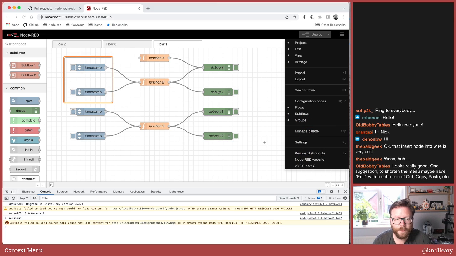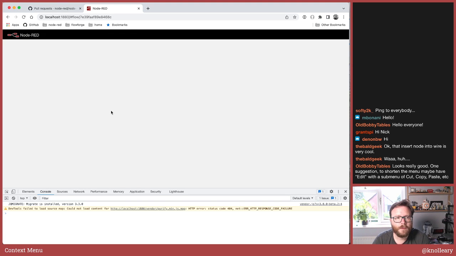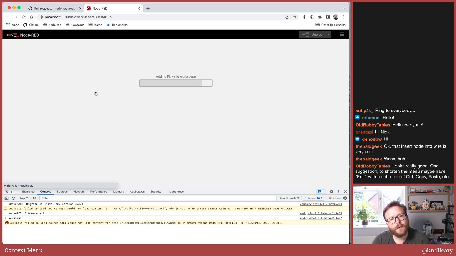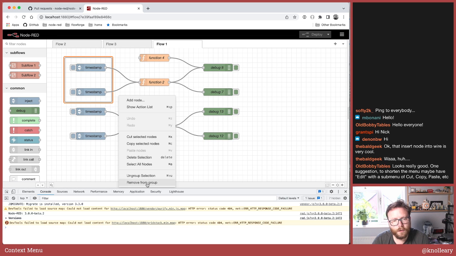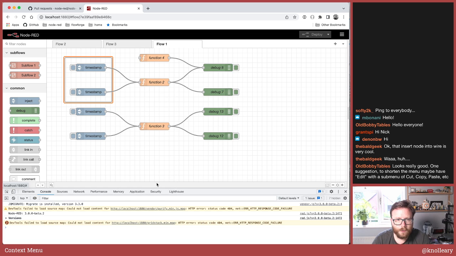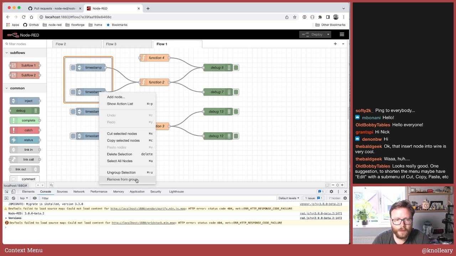Okay. Let's reload it. Select something, right click, remove from group. Okay. Now we will need to add a bit of logic to disable that option,